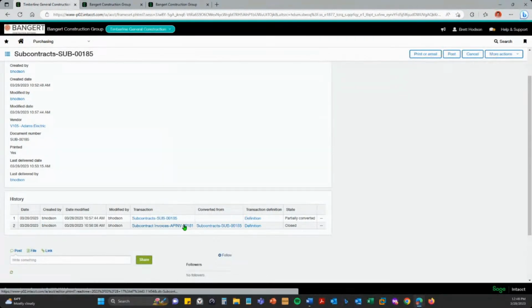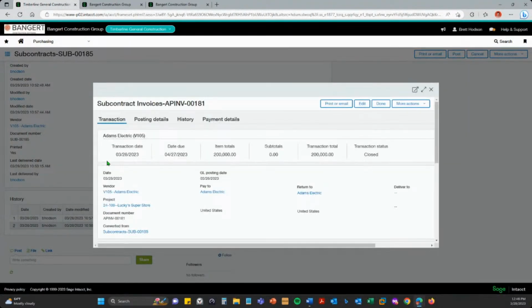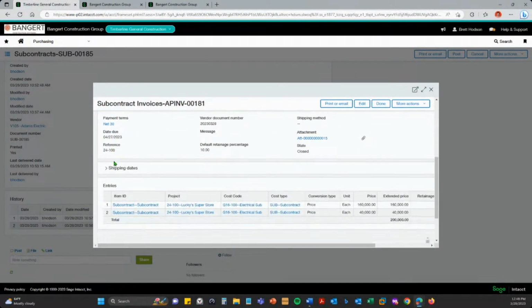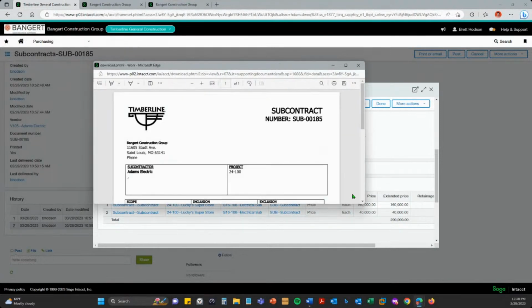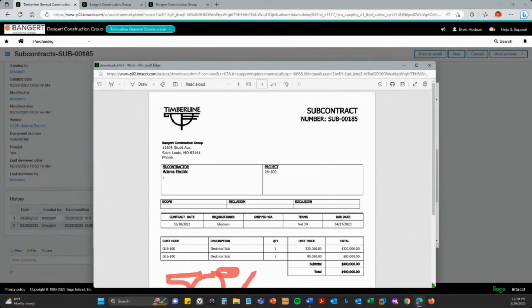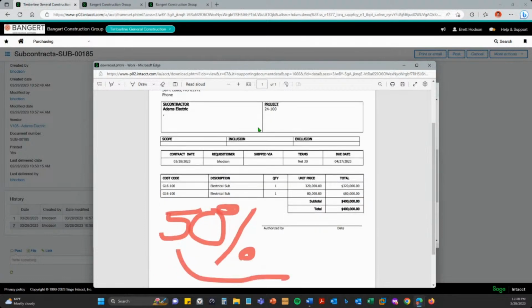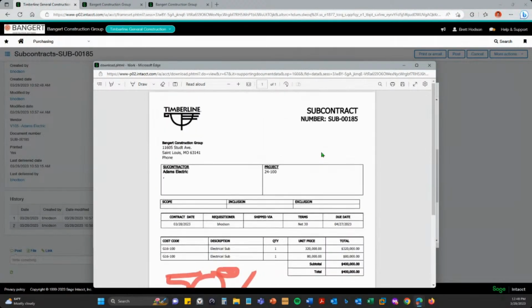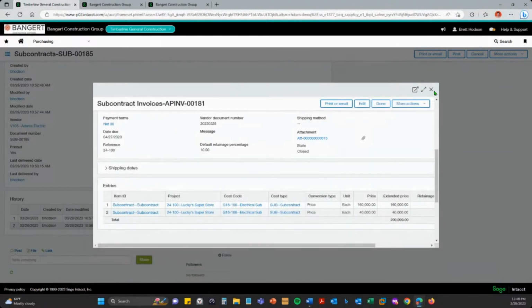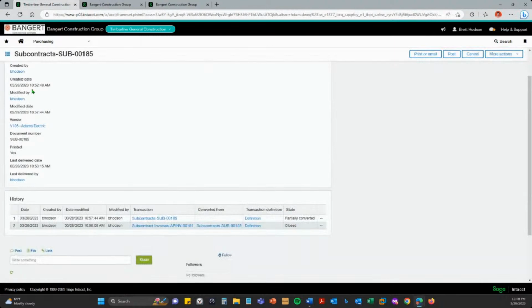So if I click on that right here, I can see the details of that invoice. I can see basically the subcontractor has invoiced us for half, and we have a file attachment with that subcontract where they gave us a pretty basic 50% due for what is their invoice to us.